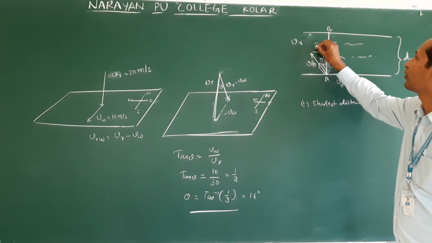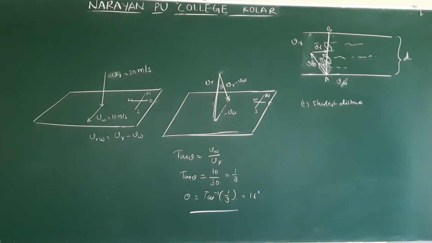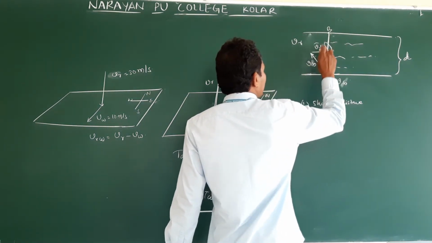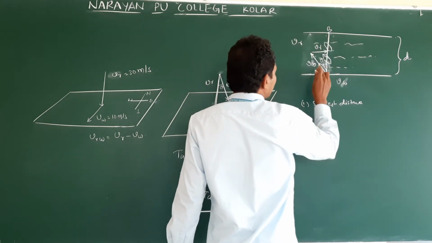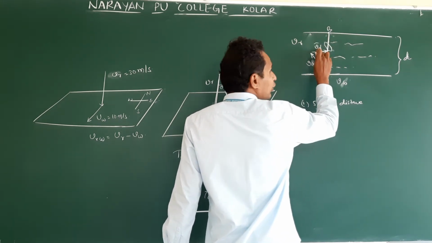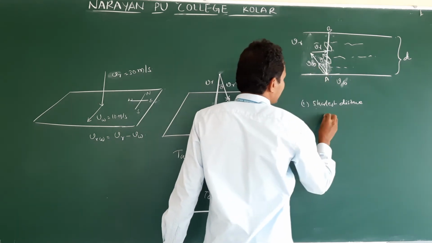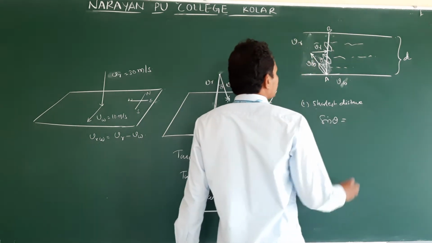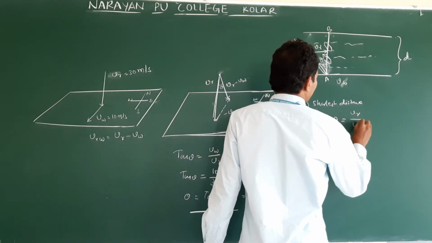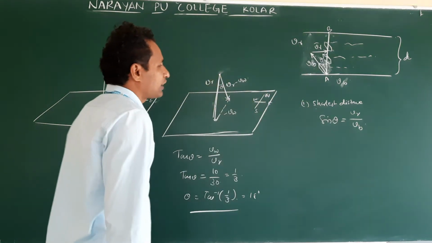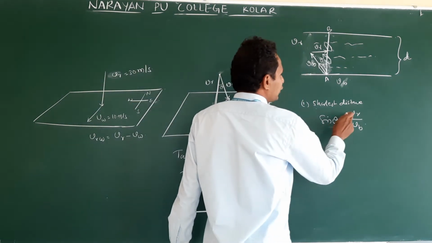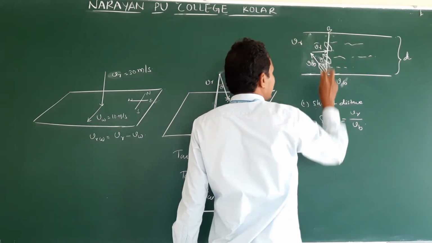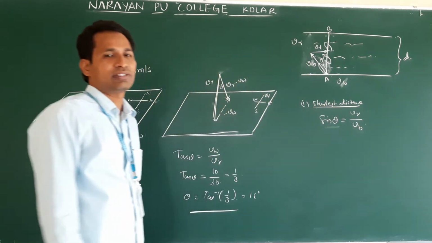So this is the velocity of the river, VR. With what angle does the boat have to start to reach the exactly opposite point? We have the hypotenuse, we have the opposite side. Then which trigonometrical ratio? Sin theta. Sin theta is equal to the opposite side VR by VB. If he starts with this angle, once we know the velocity of the river and the velocity of the boat, he can reach exactly the opposite point, that is the shortest distance. Clear?